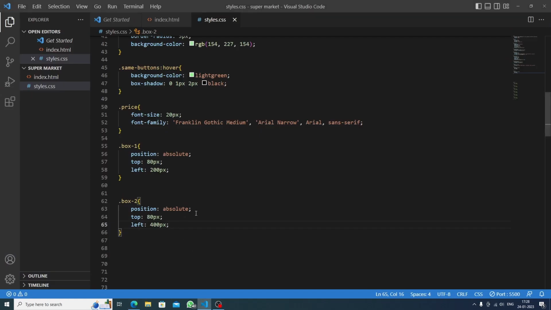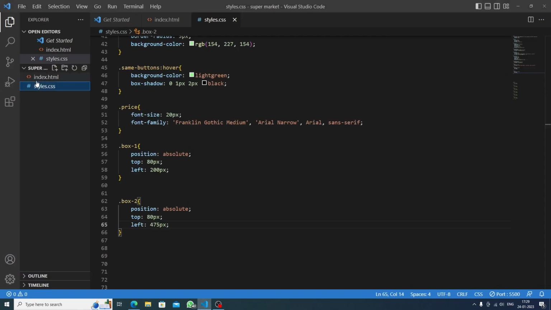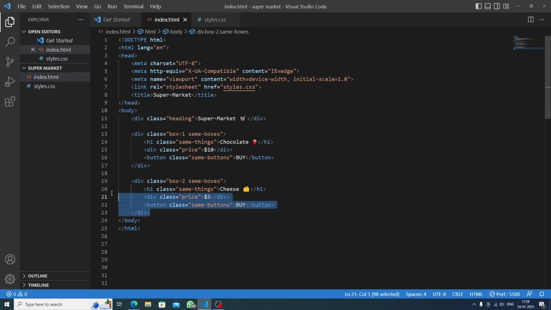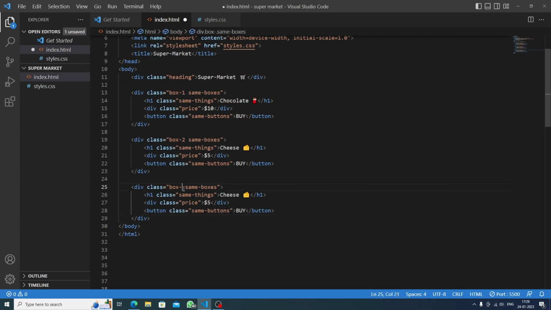Okay, I think we should increase some size. Let's go for 475 pixels. Okay, I think now it's looking good. Now we will go to our HTML again. We will copy this and we will paste it again, and we will just change the box number, box 3,